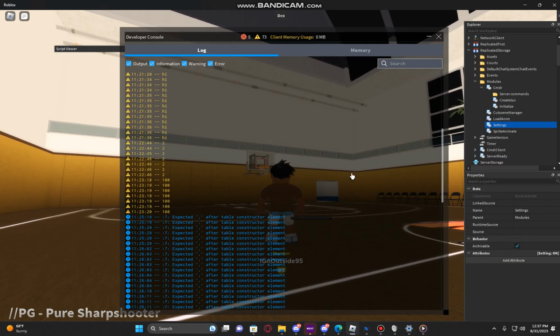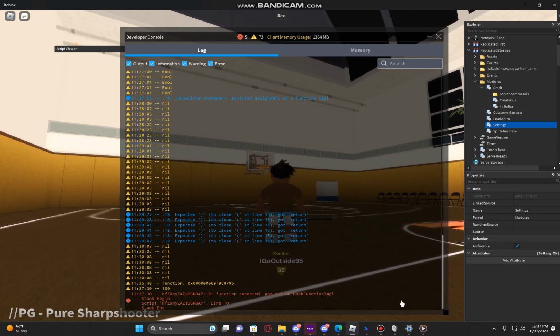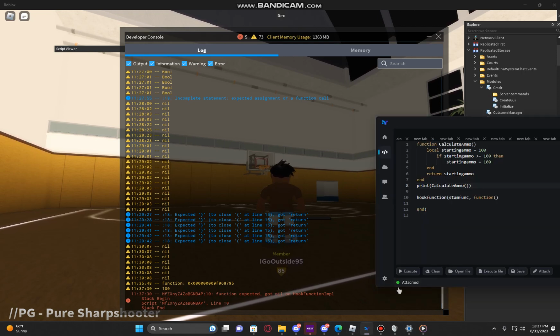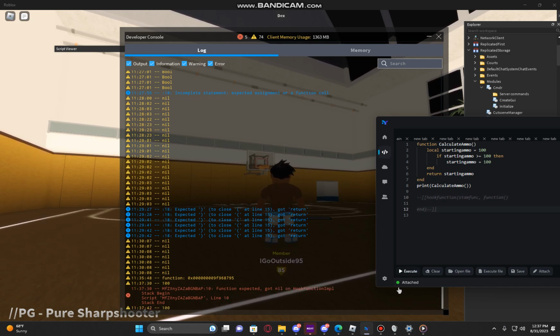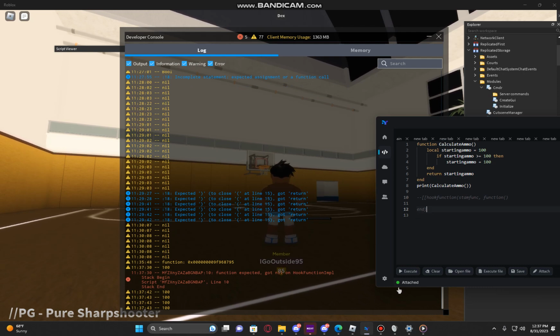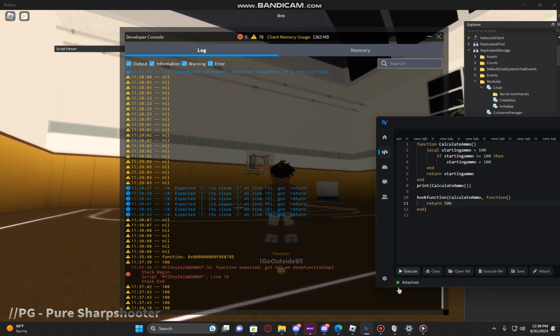I know this probably didn't really do anything, that function. Hold on. 100. Okay, so what that did was it prints out, a function returns whatever, if it says return a variable, it will return whatever is in the variable, so it returns 100, right? Calculate ammo, we don't have to put that. Return 500. Let's just say, now, if we print it,